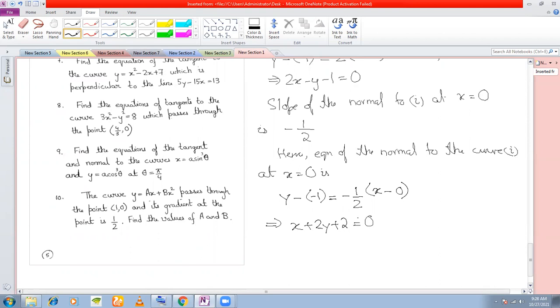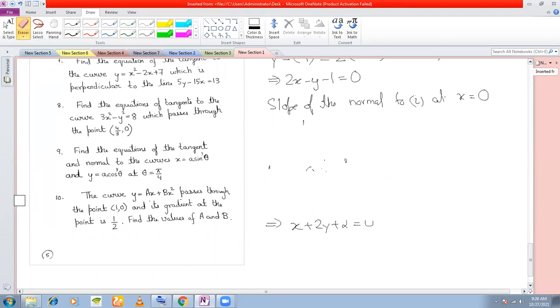Okay, so this is how you find out the equation of the tangent and the normal. If the first two problems are clear, then all the other problems will not be much of an issue, because all the other problems will require only a little bit of calculation. The fundamental will remain the same. So let us proceed to solve one more problem, and then we can continue tomorrow.